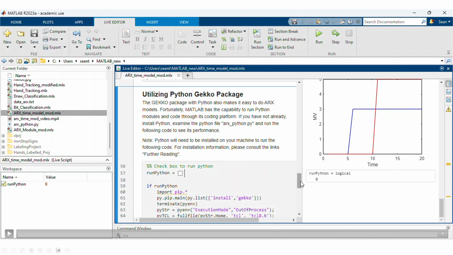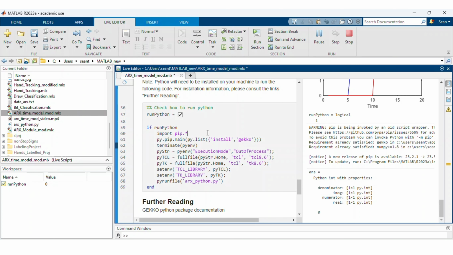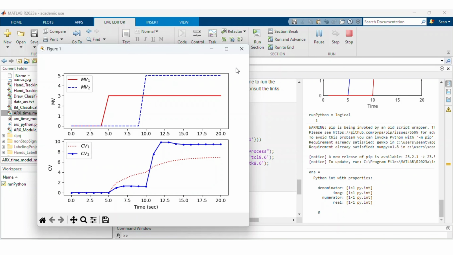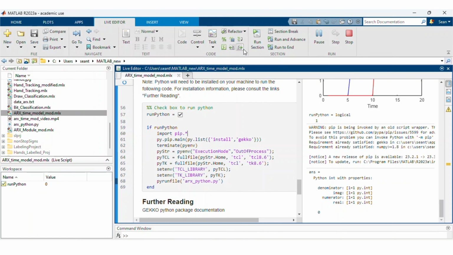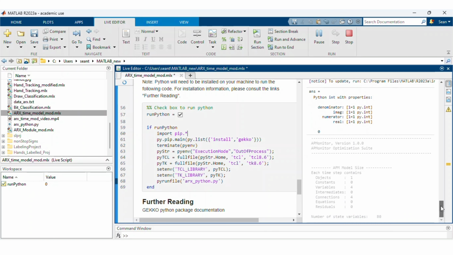Okay, so here's the ARX example. Now, ARX models are commonly used in industry for model predictive control. You have certain types of models: finite impulse response, ARX, state space. So these are all common linear types of models. All right, so it's going to call Python, and here you can see model predictive control with ARX, calling the Python package and calling the optimizers that are available there.